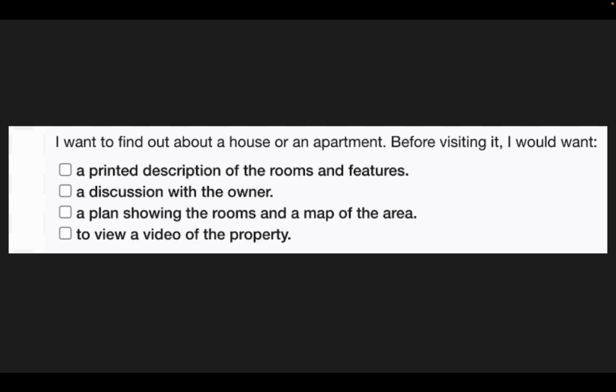So you're looking at a drawing or a computer rendering of the layout of the rooms, where the living room is, where the kitchen is, where the dining room is, whatever. And then also a map of the surrounding area, so you know what kind of stores are there. Or would you want somebody to just record, like if you could go online and click a video recording of a tour of the apartment and maybe a tour of the land and what's going on around, like a video of the property.